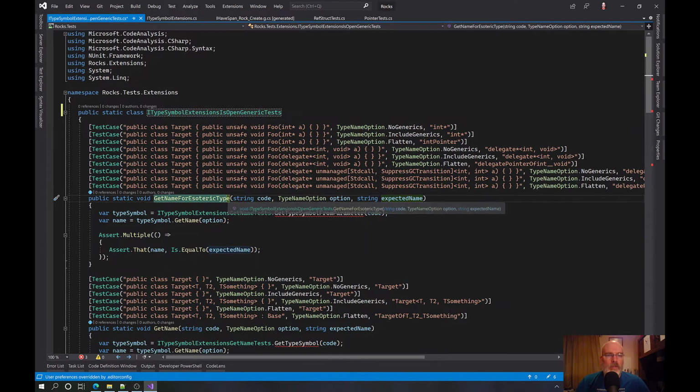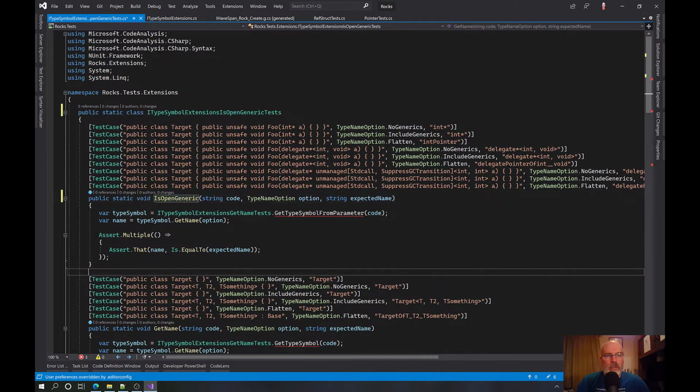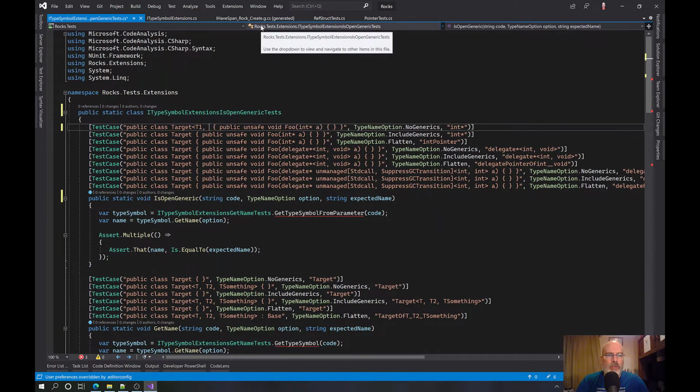Okay, so what I want to do here is open generic. And what would be nice is if I had a type symbol for parameter. If I had a public class target of T1, T2, T3.